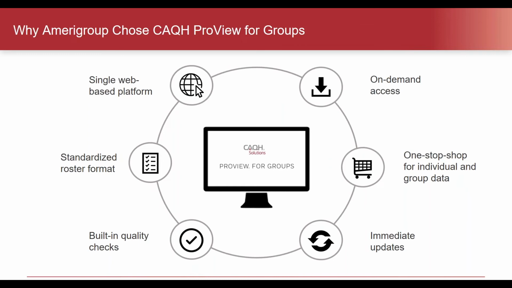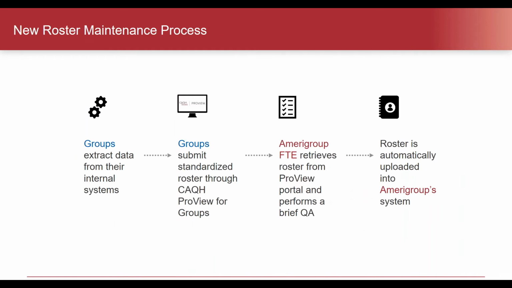Another thing is that they have checks and balances. They have the quality checks. Not only does it look at the quality of data, is the provider at the right location and so forth, through the CAQH system, but also, a provider can't be submitted for us to download if it doesn't have an NPI number, or if it doesn't have a tax ID number. So that's one less thing our team has to worry about, whether it's going to be missing that information to load the provider.